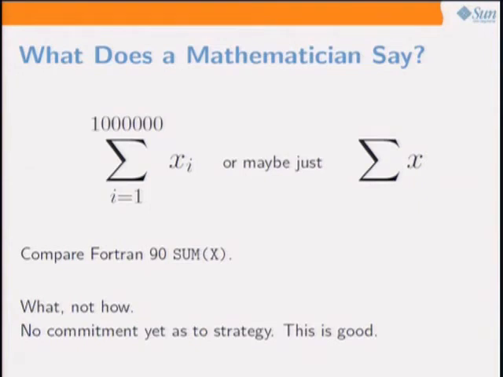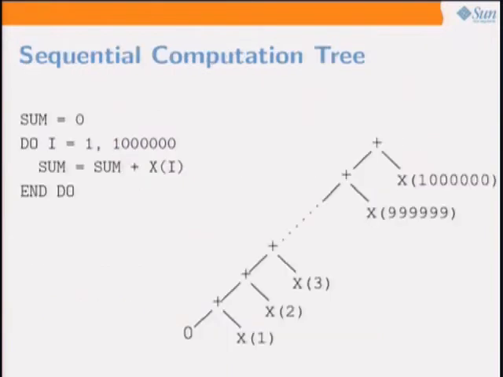This gives a good compiler or a good interpreter implementation some wiggle room to figure out the best way to carry this out. Now, let's consider the computation trees that are described by programs that add up a bunch of numbers. So here is the sequential loop, and we set sum to 0, and then we add in these things one at a time. And if we take away all of the machinery that runs the do loop and just look at the additions that are happening in order to compute the sum, we find that we have described a computation tree that looks like this. And it's a binary tree, but notice that it has this long left spine. And therefore, there is a delay of 1 million in actually doing all these additions because they must be done